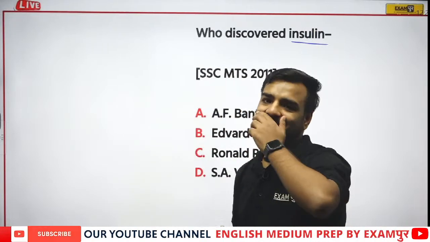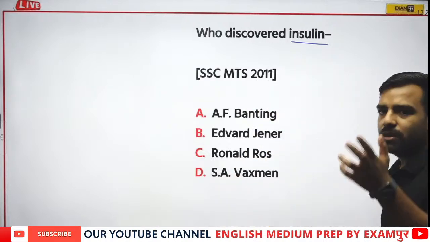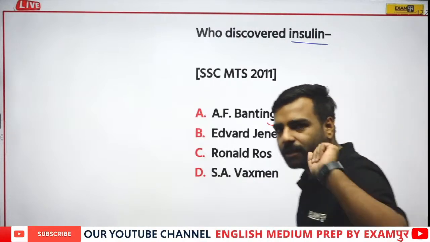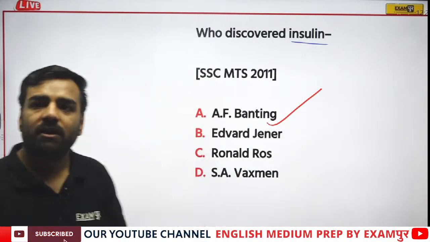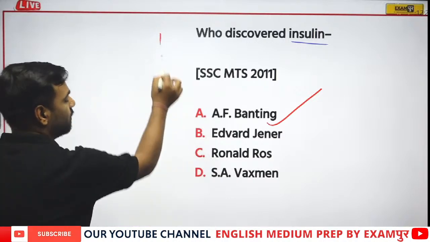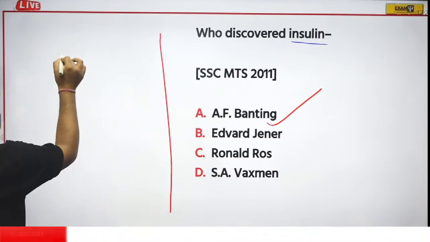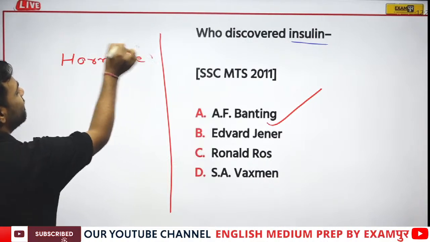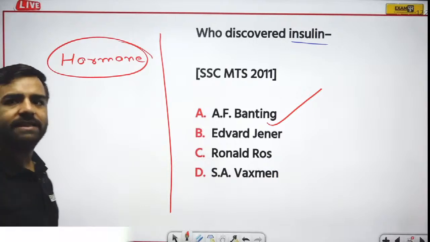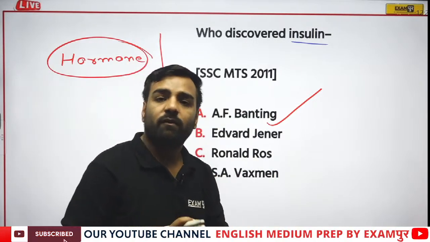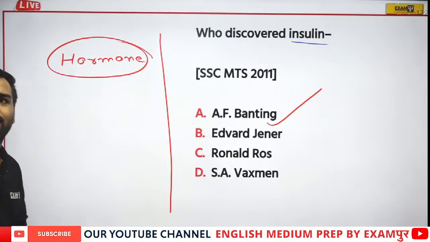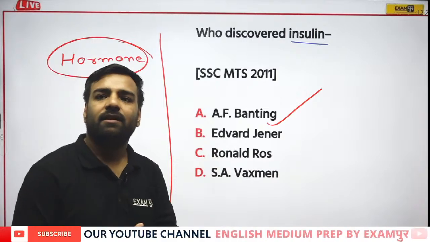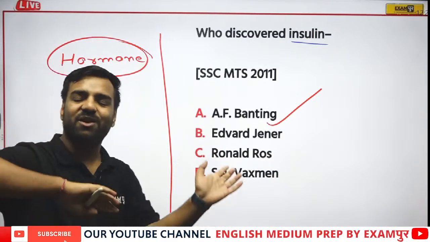So, yeah. Okay. So here, that's true. If I talk about the discovery of insulin, that was done by A.F. Benting. But if I talk about the discovery of hormones, can you tell me who was the one who has named this hormone? So there were 2 people. One was Bayliss and another was Starling. So, yeah, totally correct. That is Benting. And yeah, Momita, that's cool that you are aware of all those things.